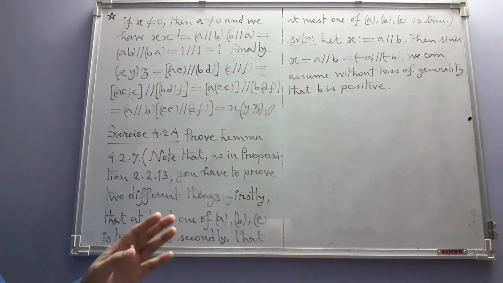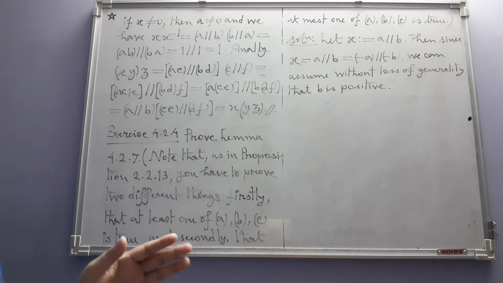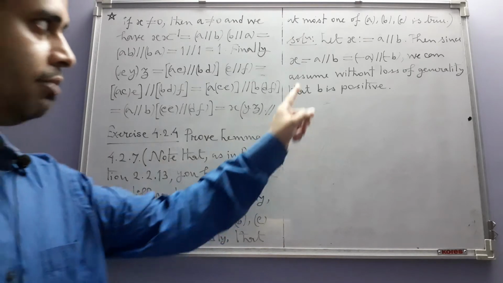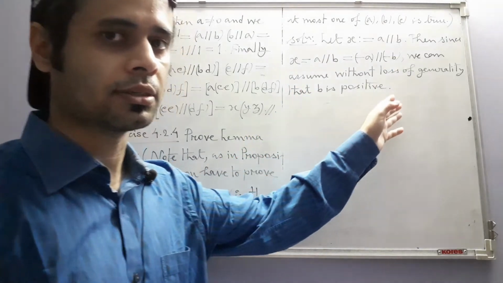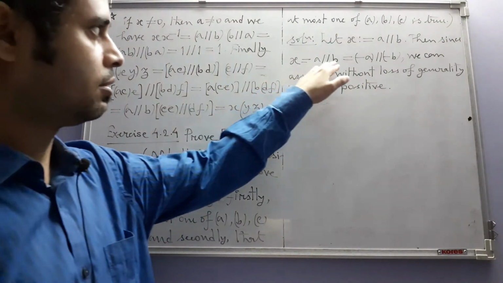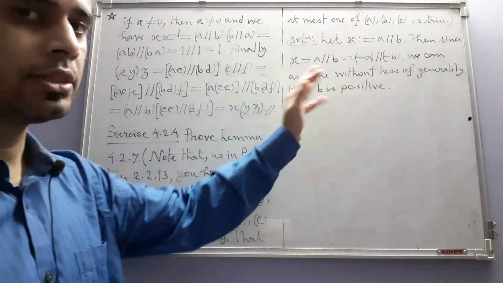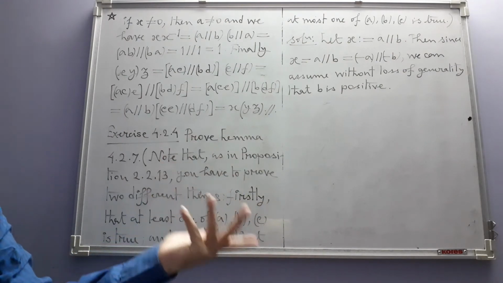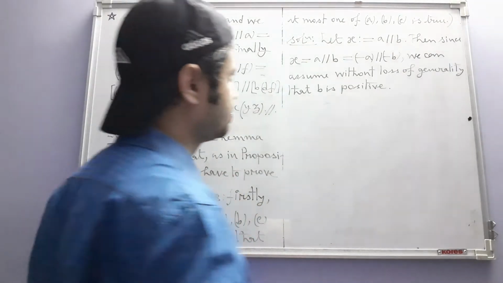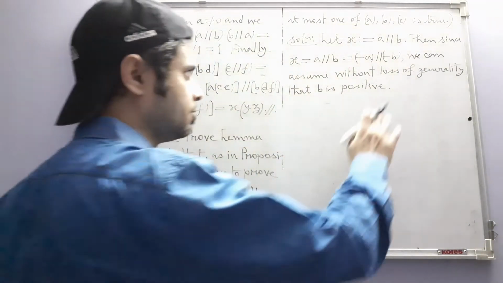See, a and b are integers. The only restriction is that b is non-zero. It can be negative also, but if it is negative, instead of this representation we will use this representation. So in any case, the second component can always be chosen such that it is a positive integer. We do this to